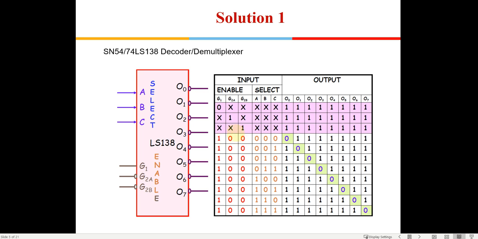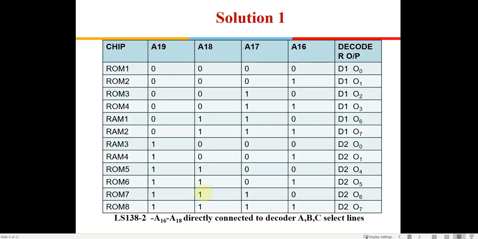So for the time being, we just understand that for these kind of problems, we are going to use it as a 3 to 8 decoder only. We are going to give 1 in G1, and G2A and G2B we are going to put 0. For input 0 0 0, the first output will be 0, the next output will be 1, and so on and so forth. So only one of the output lines will be 0 at any given time. Okay, so this is how this decoder works.